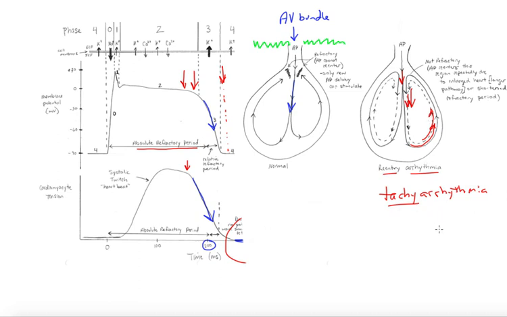It can get even more dangerous when these circuits become disorganized. Sometimes you end up with multiple circuits, multiple loops. You've got a loop over here and you've got a loop over here, because all the cells have short refractory periods. And now you've got loops sort of starting everywhere. Well, now you have complete disorder. That is called fibrillation. And ventricular fibrillation, in this case, is very bad because now there's no coordination of activity and